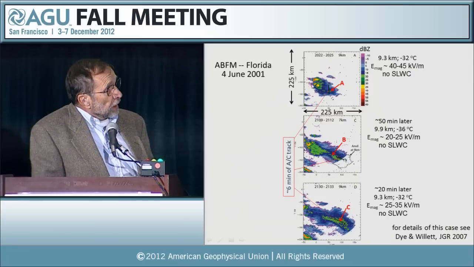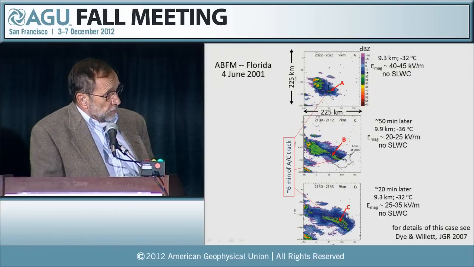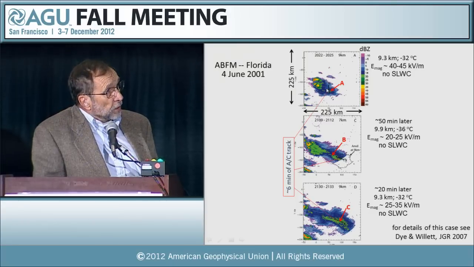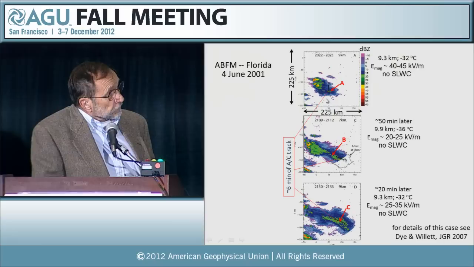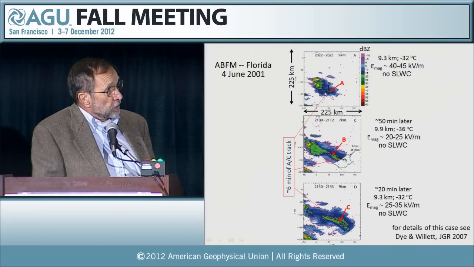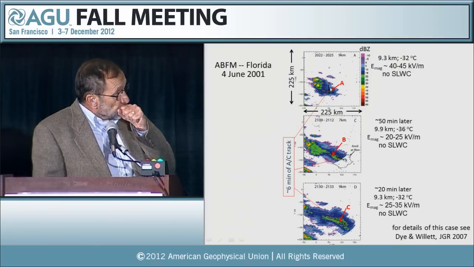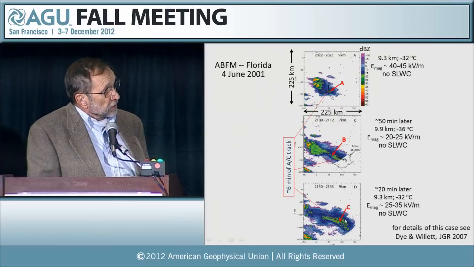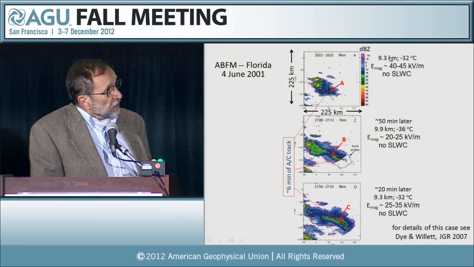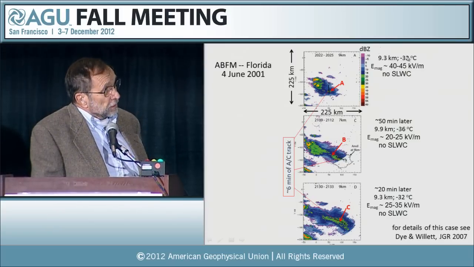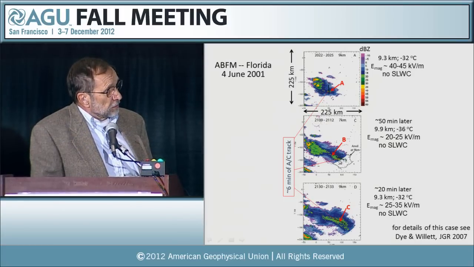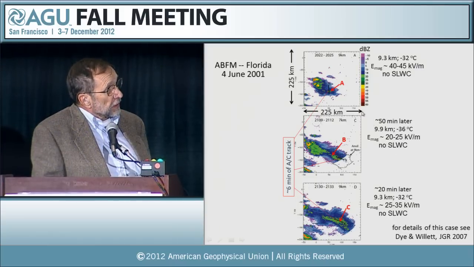For the point of this talk, I want to point out that we're looking at CAPPIs here over a 70-minute period. We followed the storm for almost 2 hours, with the first pass very close to the anvil, 10 to 15 kilometers away. You can see the extension of the anvil with time. This is 50 minutes later, 20 minutes after the previous one. And we see that the aircraft's flying at high altitudes, 9 to 10 kilometers. The field remained strong throughout this whole period, and there was no liquid water that we observed in this cloud.